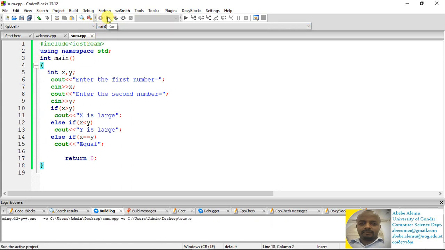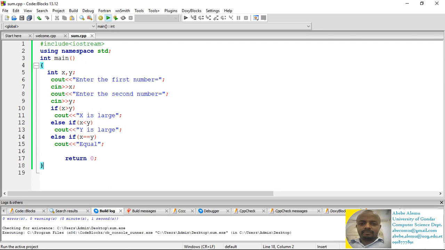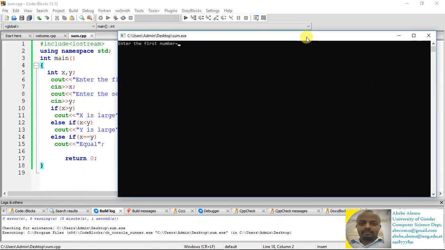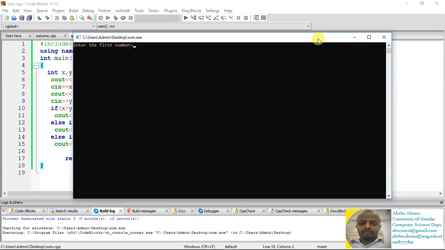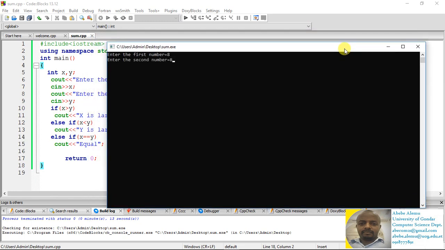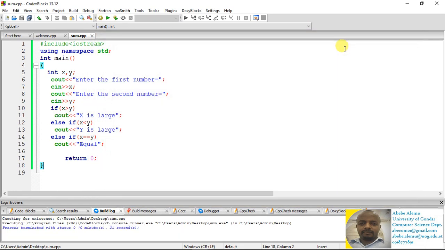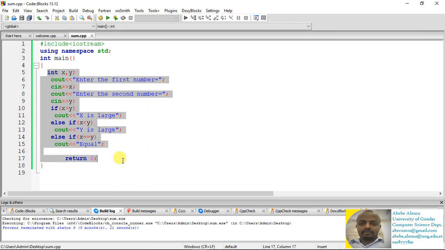Compile, run, enter first number 8, second number 5, so x is the greater value, because 8 is the value of x, 5 is the value of y, so x is large. What if you provide 8 and 8? You'll get equal. But if you are asked to change this program into switch case, it's not possible, because